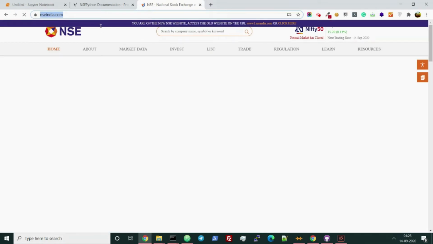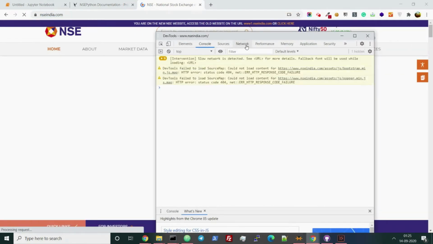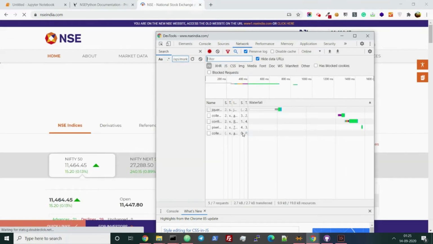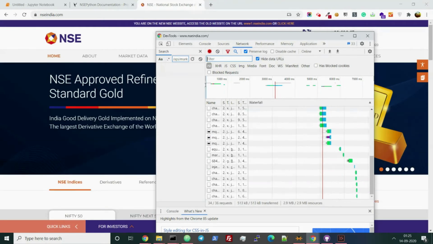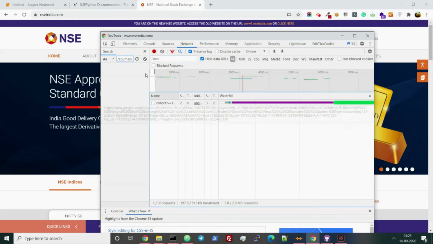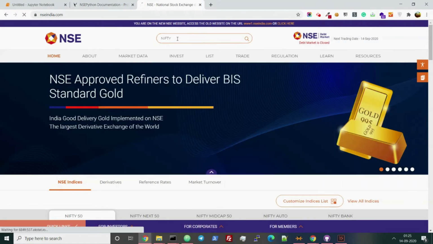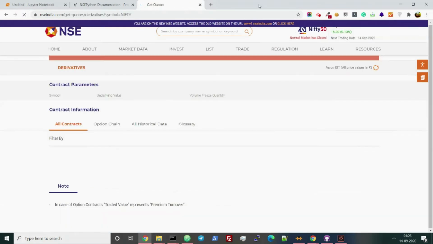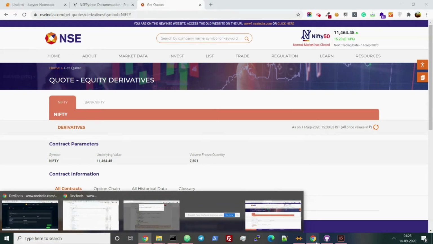When you are doing this, press Ctrl Shift J. It will open another Chrome window, which is called Developer Tools. Go to the Network tab. I'm showing you a minor hack. It is not like the hacks in the movies. Okay, so that's it. Click on Preserve log here. Let me show you what is happening on Nifty. Where is that?